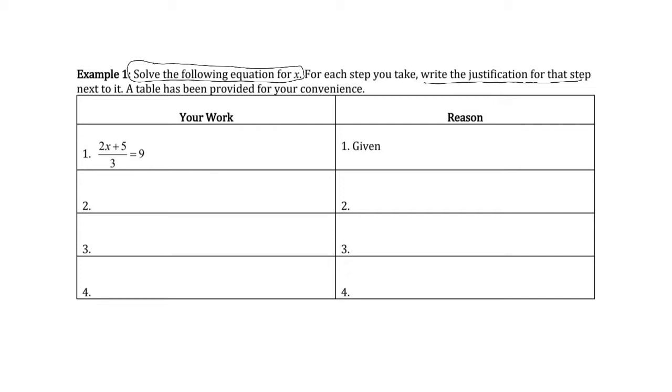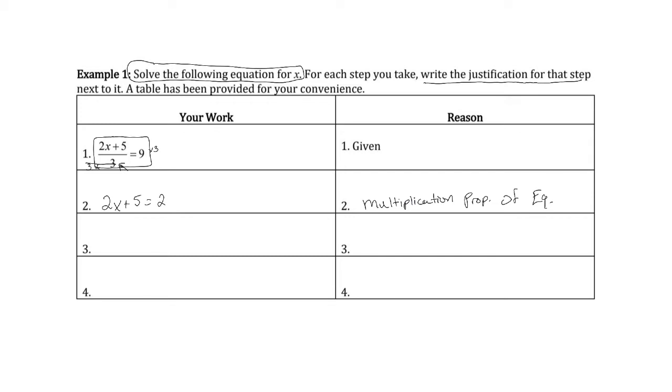So our first step to solving this equation in question 1 is to get rid of this denominator. Well, how do we do that? We need to multiply this denominator by 3, and that will cancel it out, and multiply the other side by 3 to keep it constant. So to cancel this out, we use the multiplication property of equality. I'm going to abbreviate this a little bit so it fits. Now, our next one, once we cancel out that denominator of 3, we get 2x plus 5